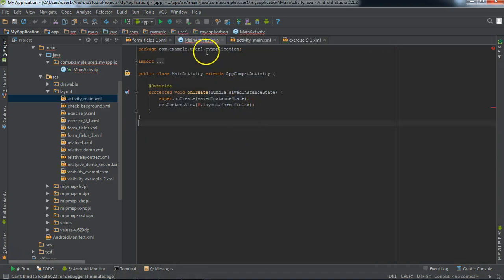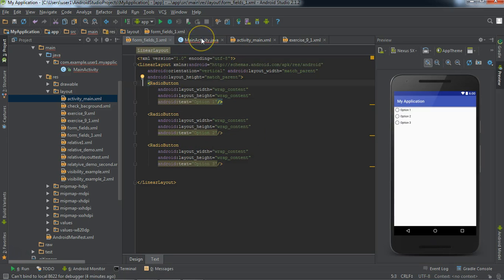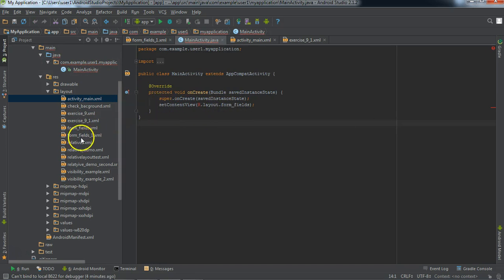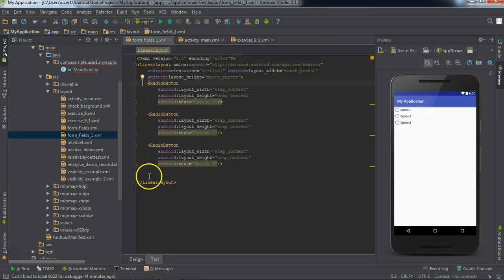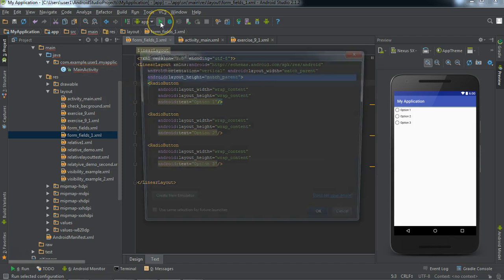So in order to add our form fields 1 in our Java activity, what we need to do is define this in the resource folder under the layout folder here. So now we see that we have this form fields 1 folder. So what we need to do is just add it here, _1, and close this. Now this is being added in the main activity in the Java folder, and now if we run this,